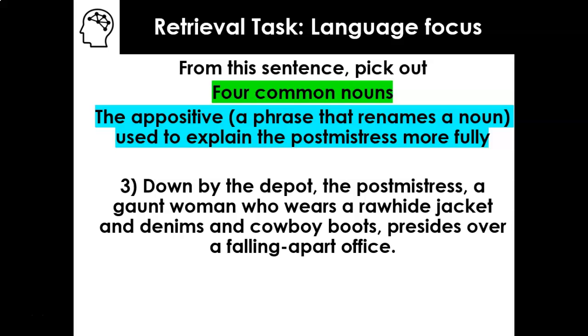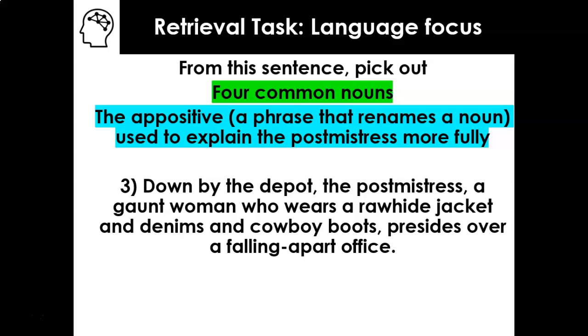Can you find me what we call an appositive? Now this is a phrase that renames a noun. And it's an appositive, a phrase that renames, tells us more about the noun, that explains the postmistress more fully. So in this sentence, as I read it to you, be making a mental note or writing down your 4 common nouns. And can you find the phrase, so it's more than 1 word, that's going to rename the noun of the postmistress. It's going to explain something about her more fully. Okay, so